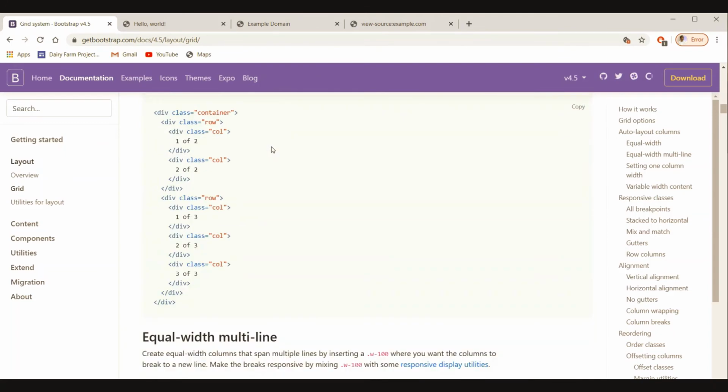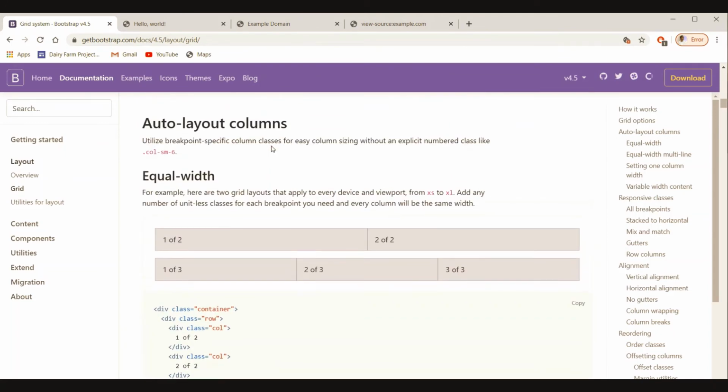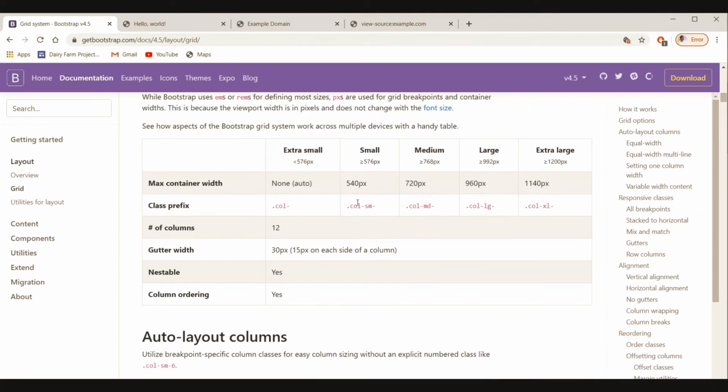Here is the table. Whenever it will reach less than 576, whenever our screen area reaches 576, it will break out. For medium, for example,